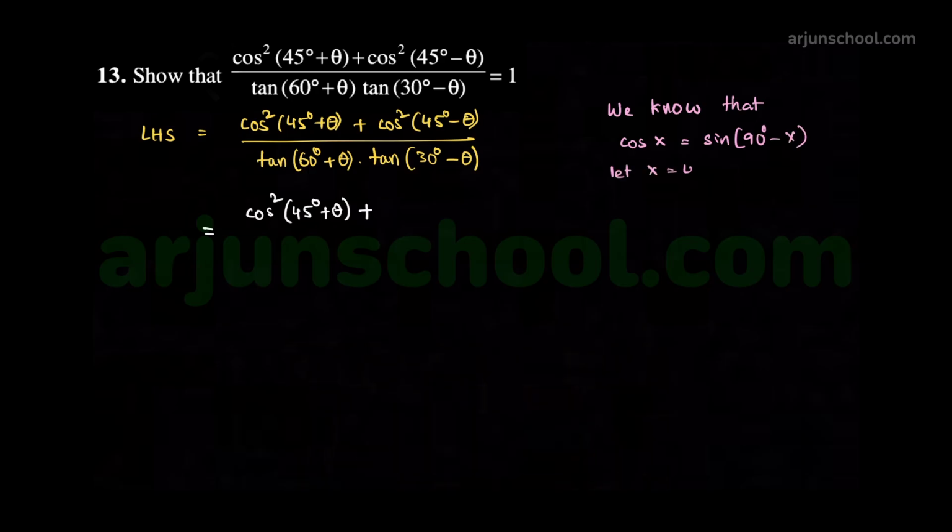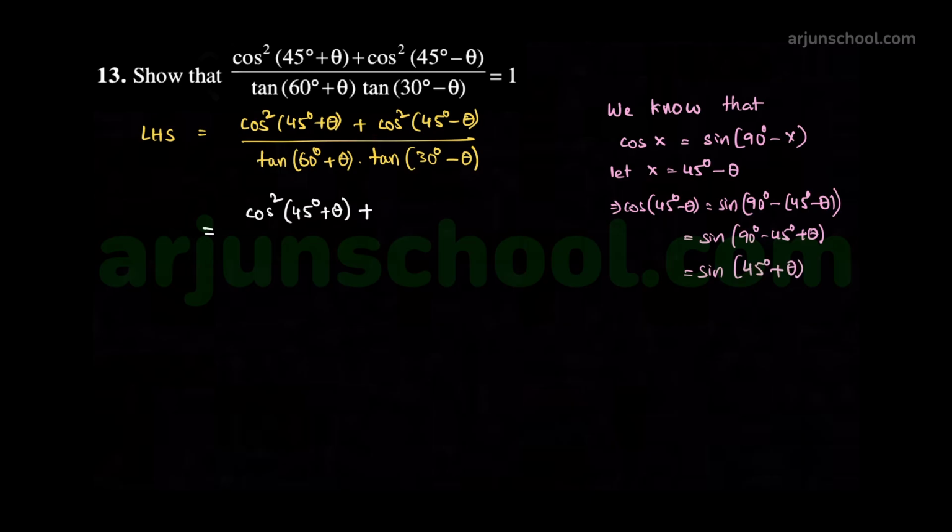Let us take x is equal to 45° − θ. Cos (45° − θ) is equal to sin (90° − x), where x is 45° − θ. Sin (90 − 45 + θ), that is equal to sin (45° + θ). Now let us write cos (45° − θ) as sin (45° + θ). Sin² (45° + θ), because we got cos square,